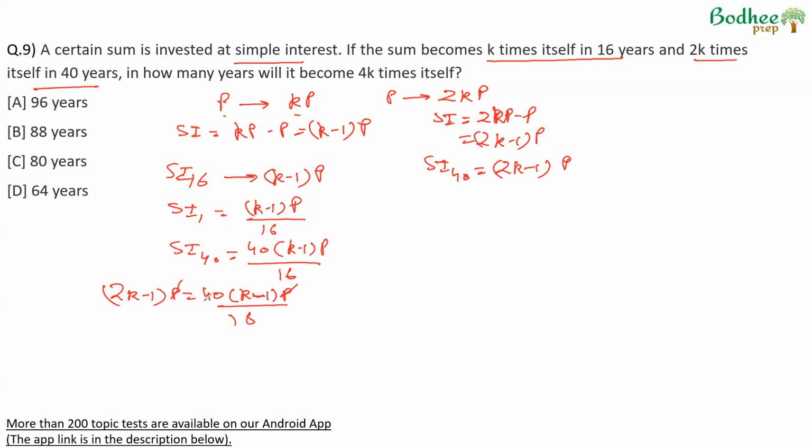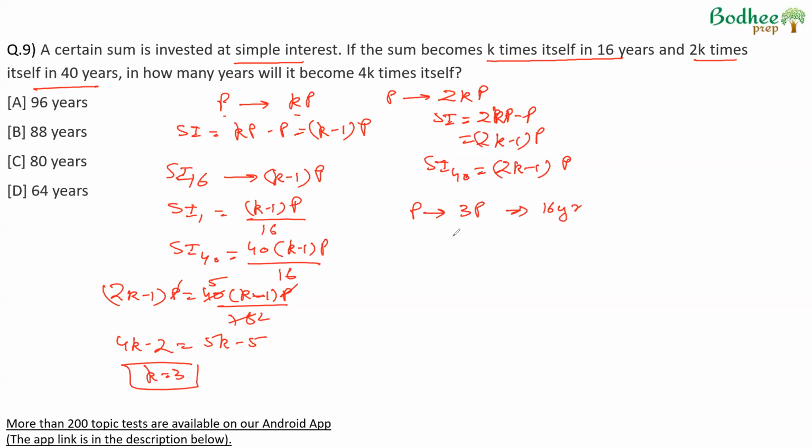P and p cancelled. 8 5s are 40, 8 2s are 16, cross multiply. 4k minus 2 is equal to 5k minus 5. So k is equal to 3. That means p becomes 3p in 16 years,